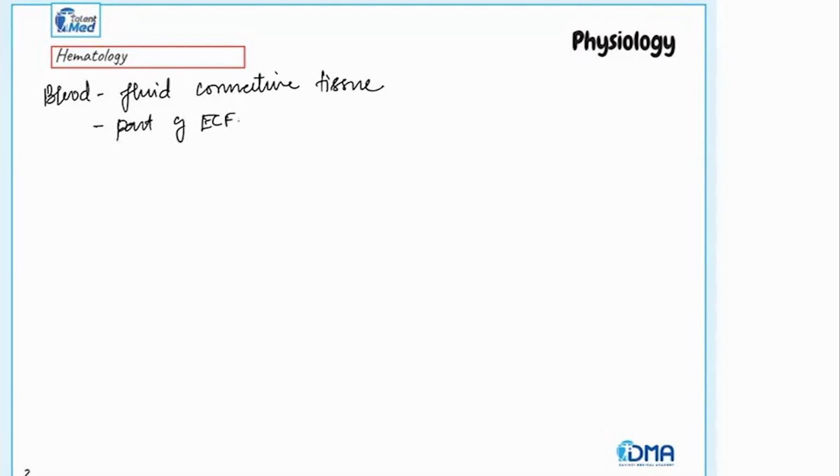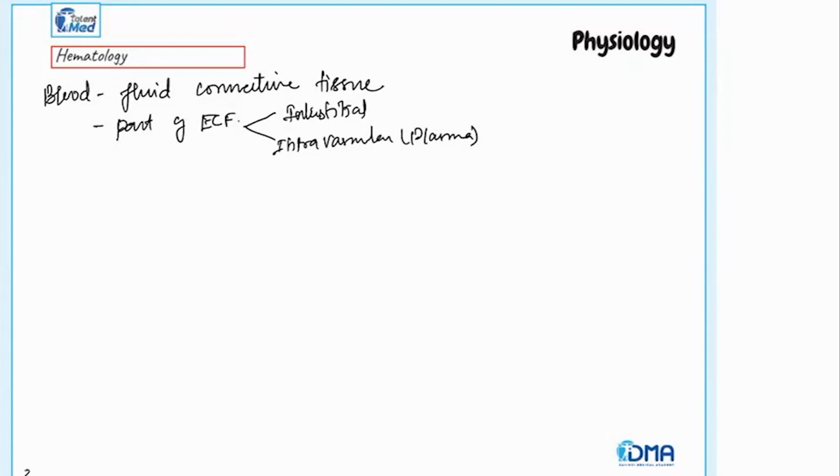In fluid physiology, yesterday we have seen about the extracellular fluid and intracellular fluid. And this extracellular fluid includes the interstitial fluid and the intravascular fluid, that is the contents of the plasma. So now coming to the blood, it is a fluid connective tissue, which functions like a connective tissue, and it is the one which has been communicating with all the body cells. So that is the simple and the easiest definition of blood.